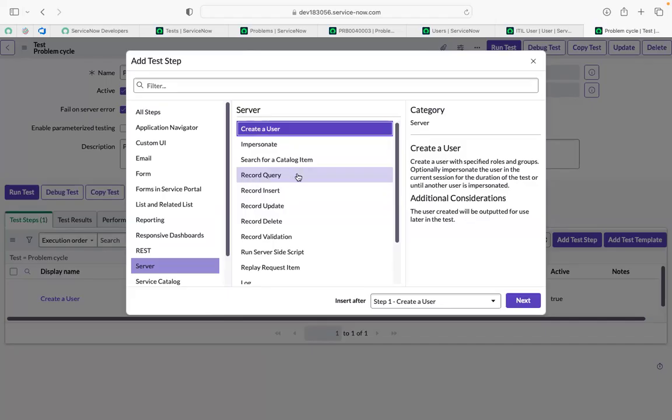You'll definitely know this record query thoroughly, guys. So even though you are stuck somewhere, you can use record query. This is the most important step in the ATF. If you know how to use record query, custom steps, and open a list, your ATF will be 40